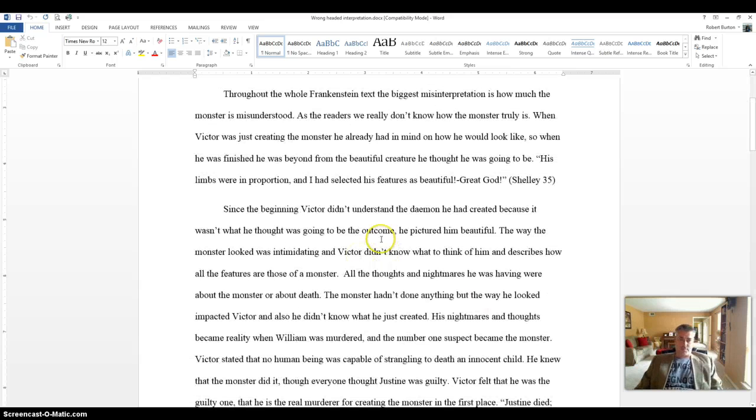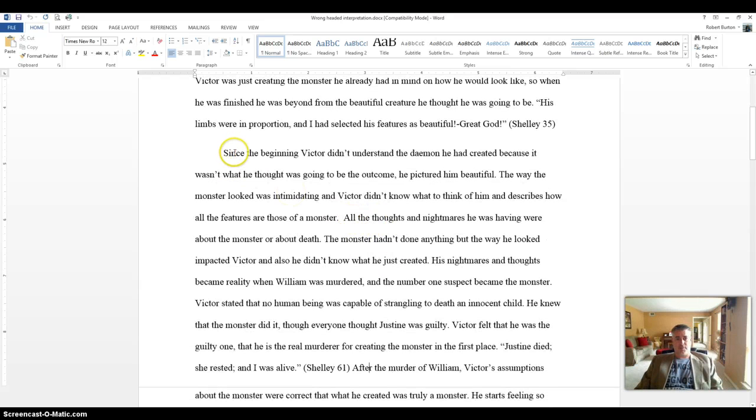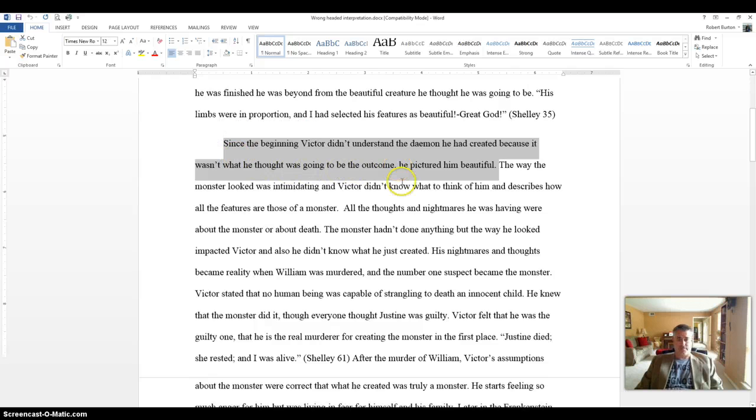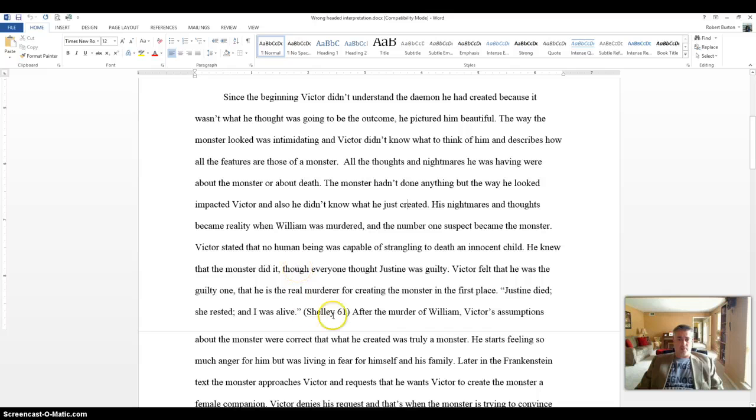How do we know? Well, take a look at where she starts here. "Since the beginning, Victor didn't understand the demon he had created because it wasn't what he thought it was going to be. The outcome he pictured, beautiful." Okay, so based on that, it sounds like this is going to be about beauty and about how the thing looks. But it doesn't take long before, well, we can just jump down to the quote. We see Justine, she was arrested and alive. That really doesn't have anything to do with beauty. And so somewhere in between, this person moved from the idea of the beautiful all the way down to